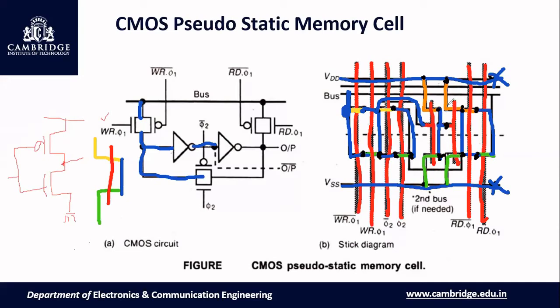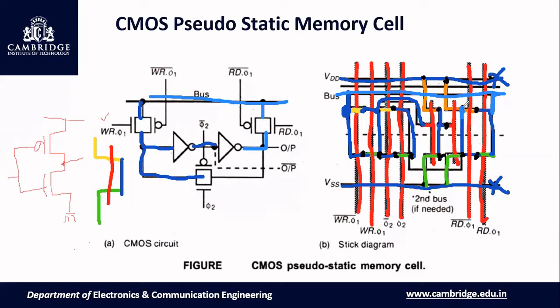Then, here you can see one of the diffusions of this transmission gate is connected to the bus. Here I have drawn the bus. This is nothing but the bus, right? So one of the diffusions of the RD.51 transmission gate should be connected to the bus. That is connected here, this end. Clear? And the other end should be connected to the output of the second inverter. This one. Okay, it's already connected.